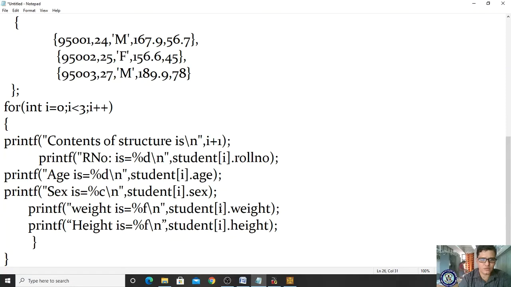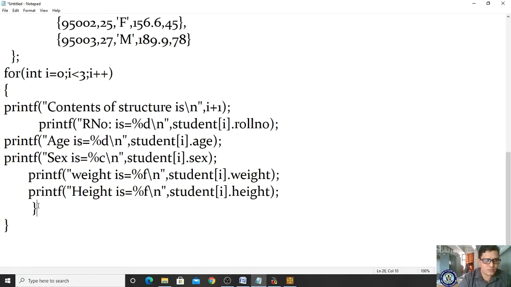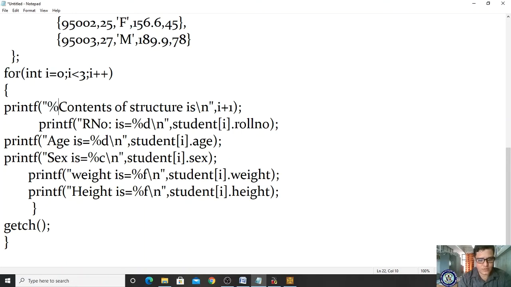i is initially 0, afterwards it will be incremented, right? Now it is height, and you are displaying the height. And next you are displaying this information. So how long will this for loop execute? First it is 0, 0 plus 1, the first content it is displaying, right? Content of structure, first content of structure, it will show like that.